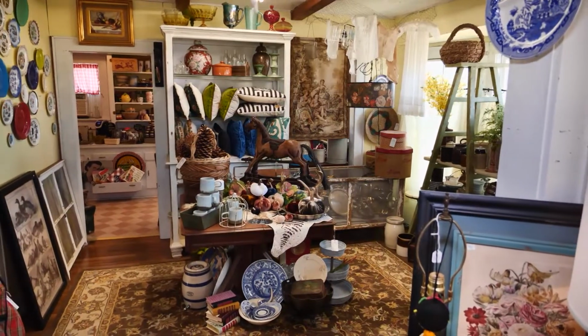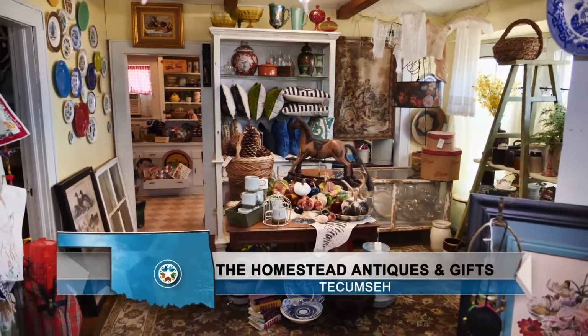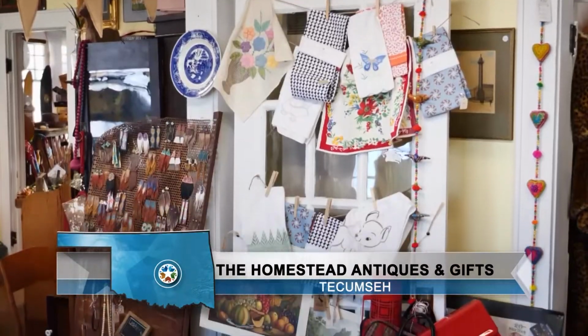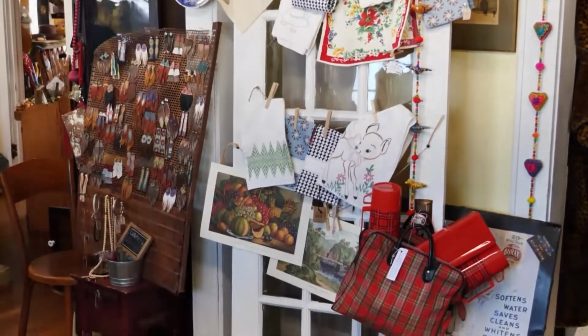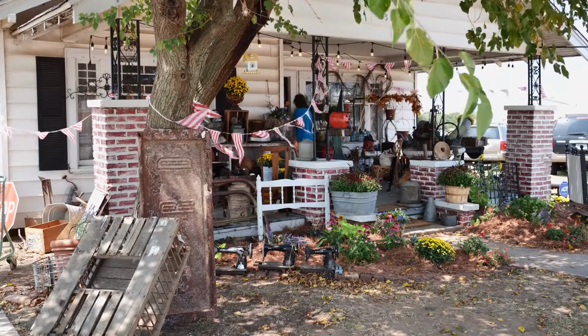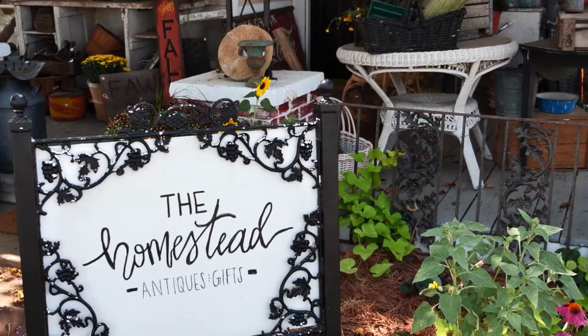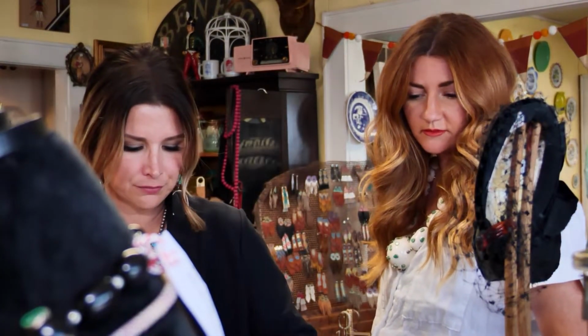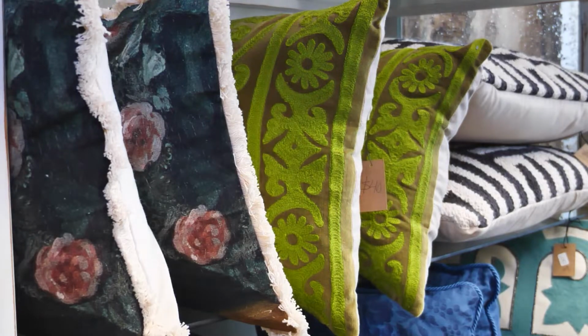At first glance, this looks like a beautifully decorated old home, but look a little closer and you'll realize it's just a grand entrance for anyone to enter. When people come in the door, we want them to see an experience. At Homestead Antiques and Gifts, Rebecca Aldrich and Haley Gibson create that experience through their love of home decor and